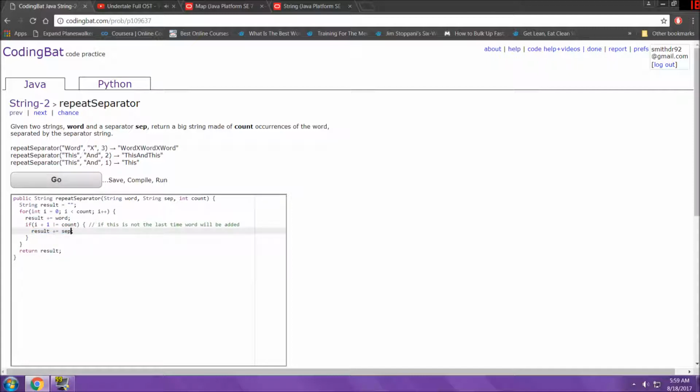This if statement makes it so that the last time around this bend, it won't slap that separator on the end, because we don't want the separator on the end. For example, you don't want the X on the end here, or that'll be wrong. If I simply put result plus equals word plus separator, we would get one more